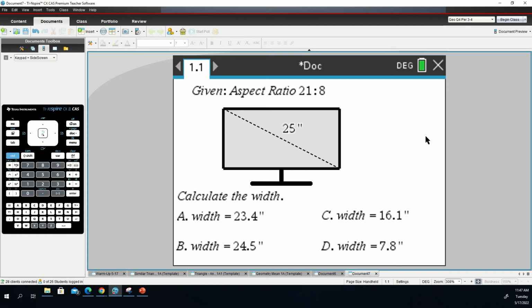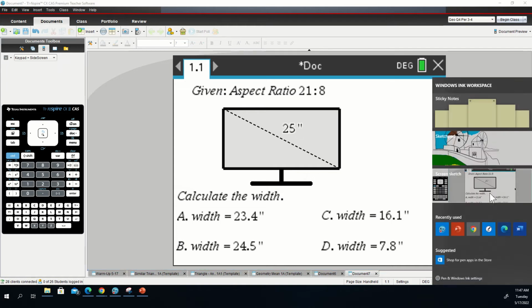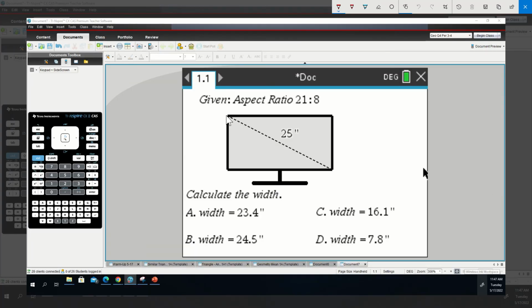This is aspect ratio for television or some kind of monitor screen. And what we're going to do, we're going to use Pythagorean theorem to set it up. So let me do this. We know the diagonal is our hypotenuse, so it's our side C, and then we have our sides A